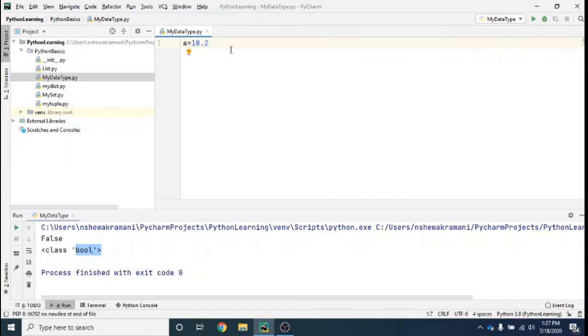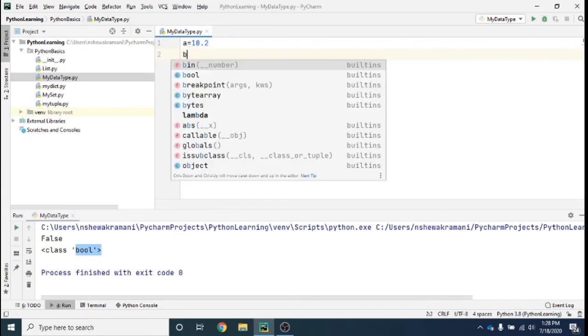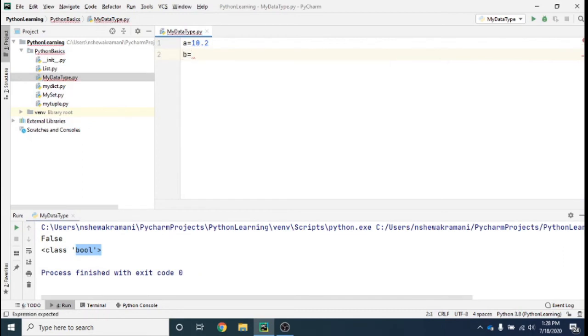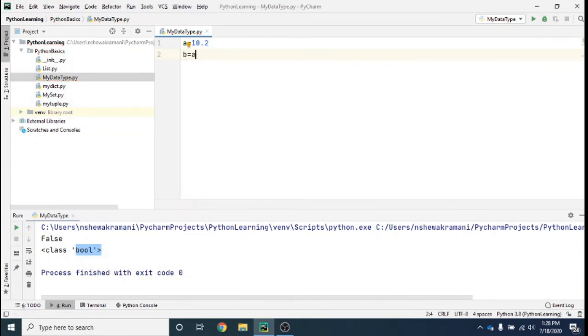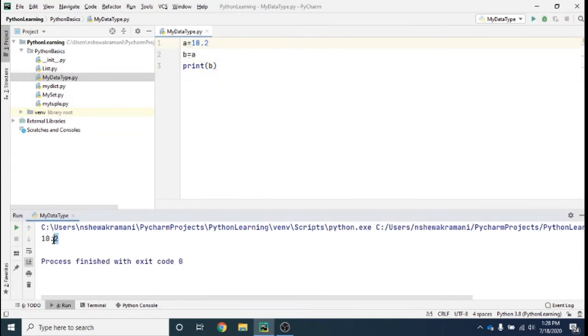So I will go ahead and create another variable b equal to a, and if I try to print b, let's see what the result is. If you run it, it will give you 10.2, but this is not what I want, because this is a float value and I want the integer.